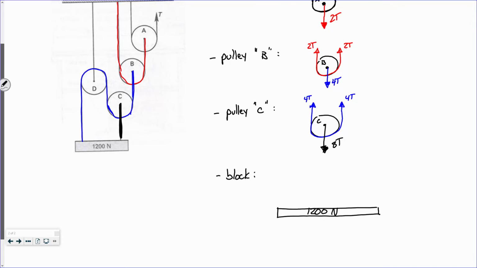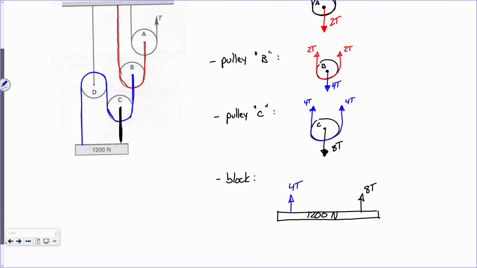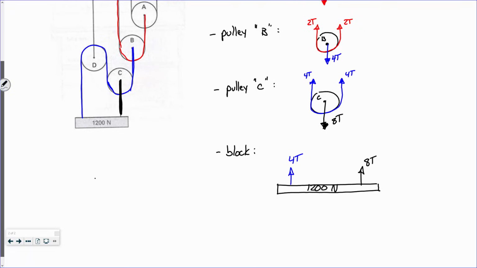What ropes are attached to that block? This one, say it again, 8T and 4T. So this is 8T. That's 4T, right? So I propose that 12T has to be